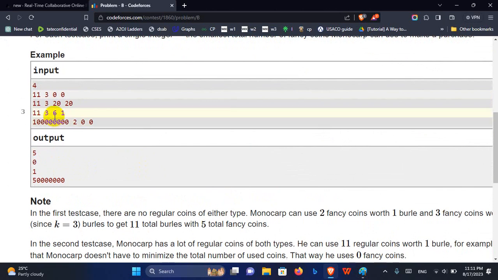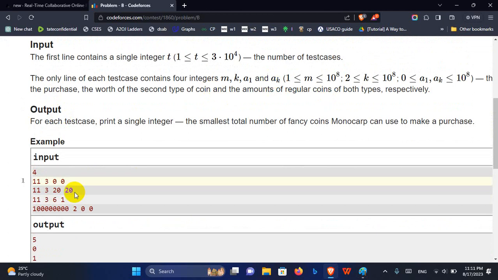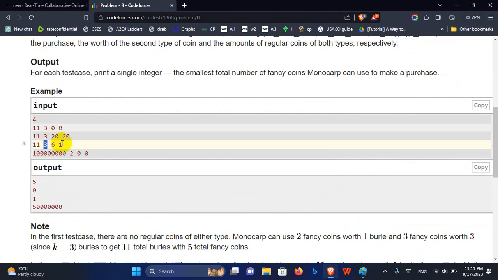For this one, AK is 1, so 11 minus 3 is 8, so if we subtract 6 we have 2. So what does 2 mean? We can't use 3 now because it will exceed m, and this means we should use 2 ones, and answer